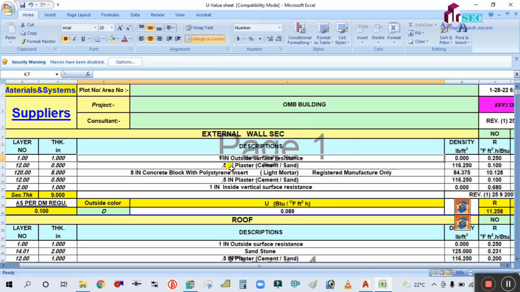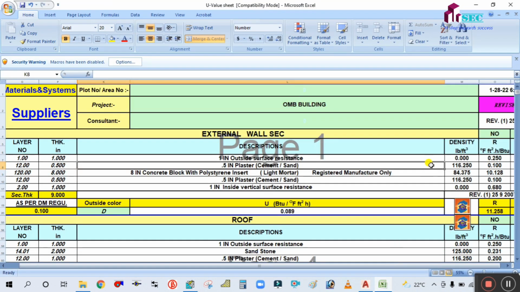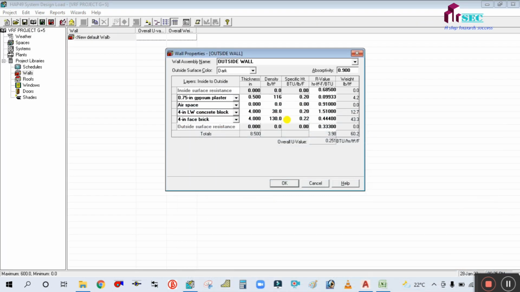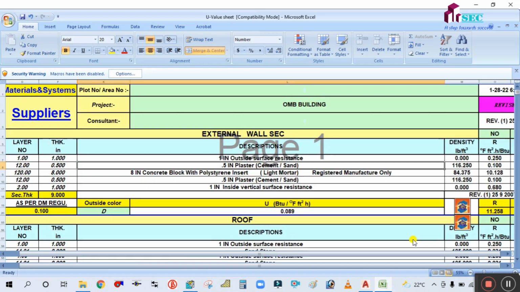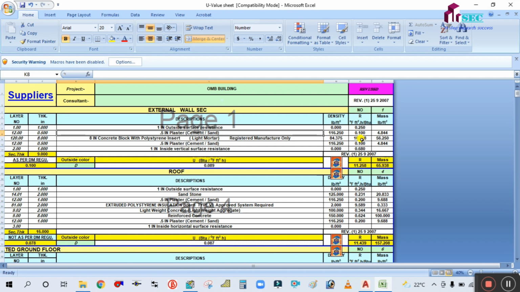Okay, so the next layer is 0.5 inch plaster cement. 0.5 is nothing but the half inch gypsum plaster. Thickness is 0.5. Density is given here. You can see here, density is 116.250. Next is specific heat. I think the specific heat is not given, so leave that one as it is. And the next layer is